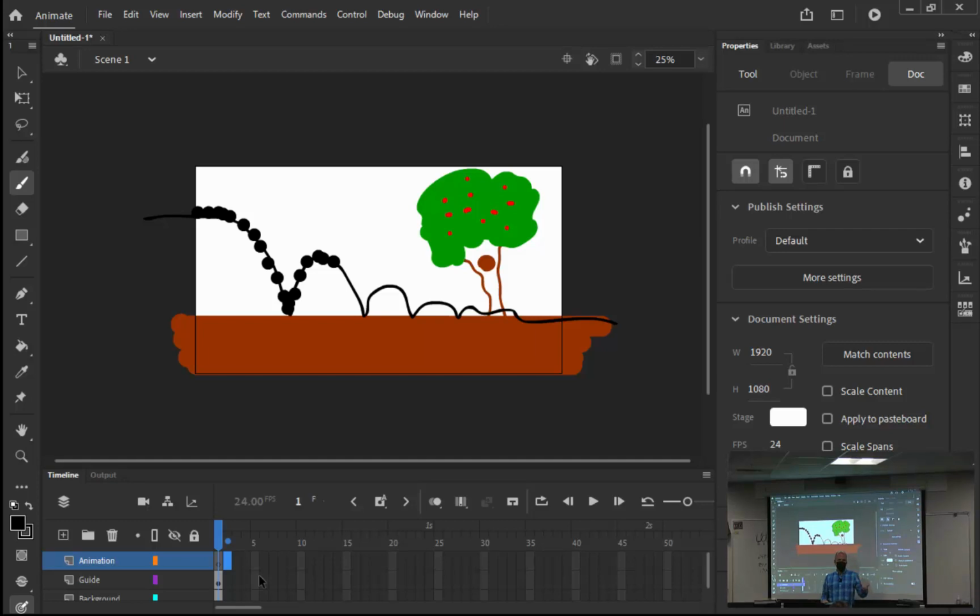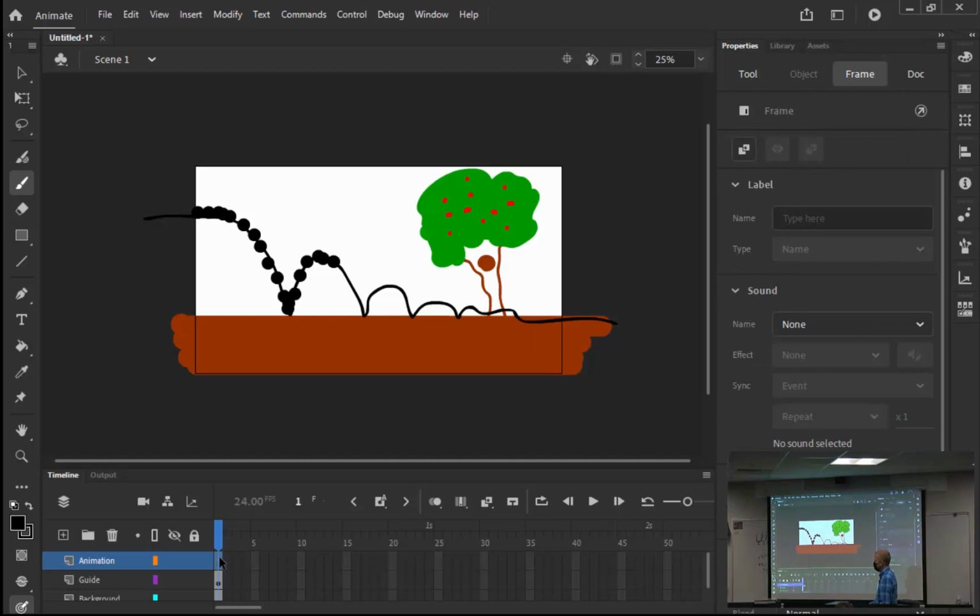That's called a blank keyframe, because there's nothing in it. That's a blank piece of paper that you're going to draw on. That's going to come into play down the road, so you've got to keep that in mind. There's a difference between those two. Okay, so make sure you're on the animation layer on that first frame, and we're going to draw our first